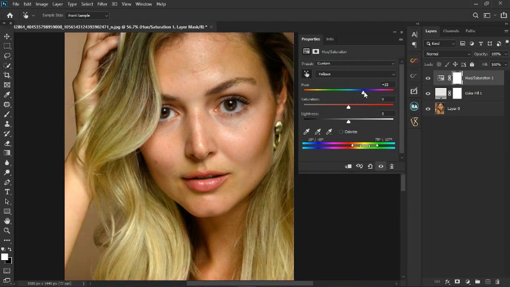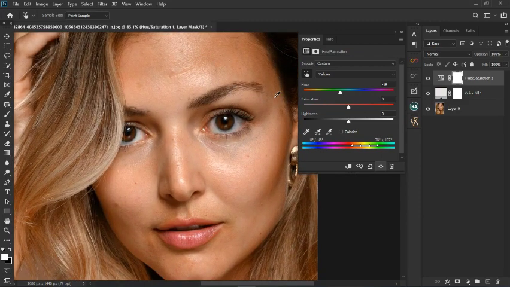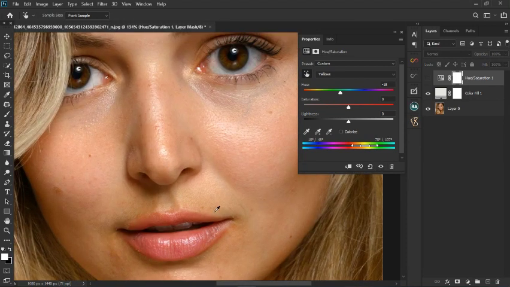Taking it forward, we make it look more yellow. Taking it backward, we make it look reddish. So you can see the difference. Now we have before and then after. So we just change the hue of the image. Before it was very yellow, you can see how yellow it is, and now it's taking the red shape